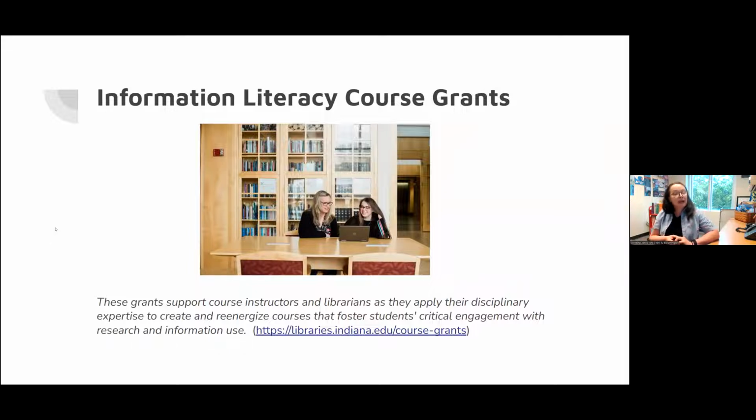These grants support the work of course instructors to work with librarians to tinker and retool their assignments, maybe the trajectory of their class, particularly their research journey in the class, both undergraduate and graduate students, to embed aspects of information literacy throughout the course, and particularly in a course assignment. And so Julie and Ethan and I applied for this course grant.